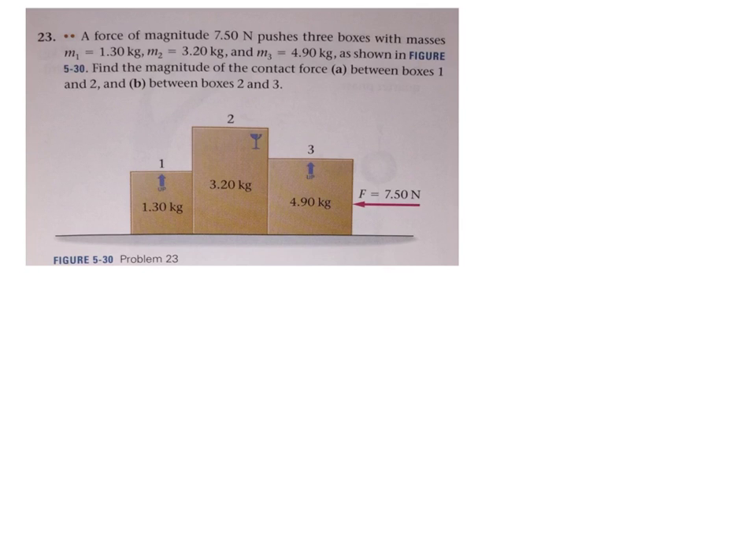Chapter 5, Number 23. A force of magnitude 7.50 Newton pushes 3 boxes with mass M1 equals 1.3 kilogram, M2 equals 3.2 kilogram, and M3 equals 4.9 kilograms, as shown in the figure. Find the magnitude of the contact force between box 1 and box 2, and then the one between box 2 and box 3. So this is sort of a classic standard problem, and we're going to just grind it out